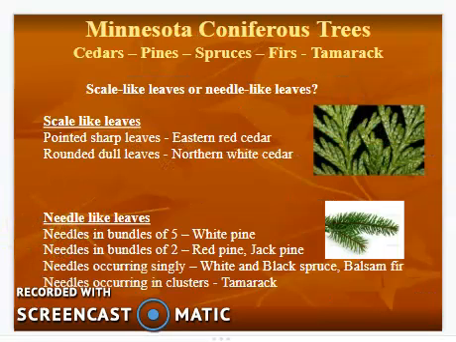It also has this slide, and I'm going to get cut off here in a little bit, but it tells you if something's scale-like, you're maybe looking at a cedar. If it's needle-like, it gives you a quick summary of what kind of pine, spruce, tamarack, or fir you're probably looking at. These are some of the most common trees. So once again, I'm going to upload this just as a resource because then you have all